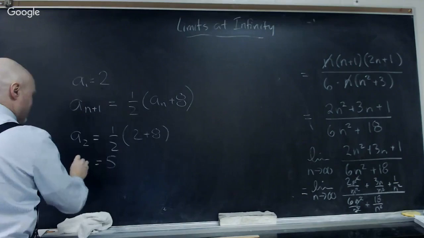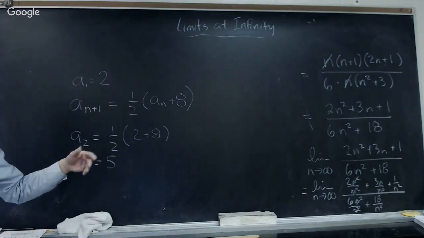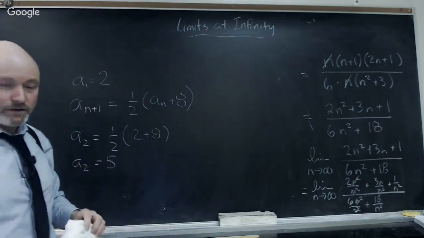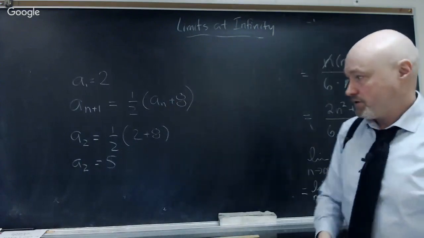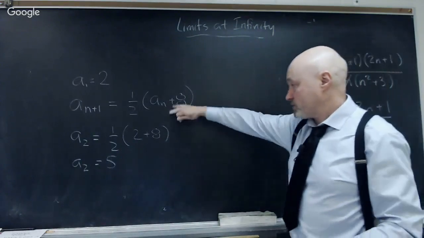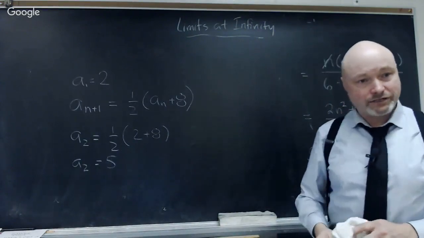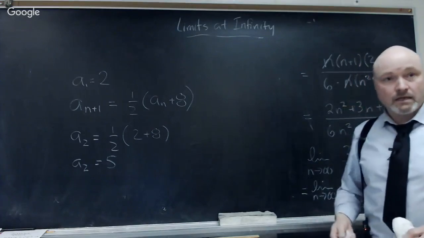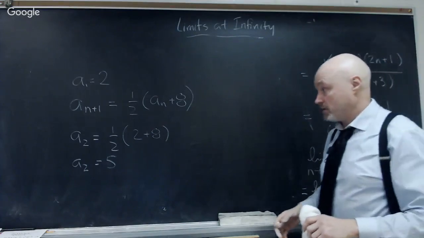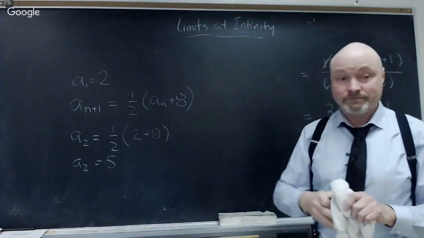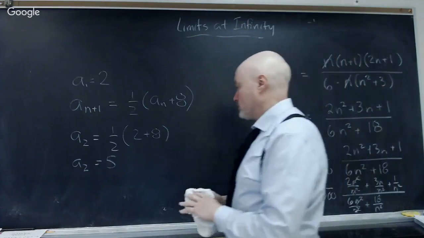And so the second term is 5. That's going to be really more boring than normal if I keep on doing that. The next term is going to turn into a really homely fraction, and I just don't want to do that. You would actually see this converge to a limit pretty quickly. Instead, what we're going to do